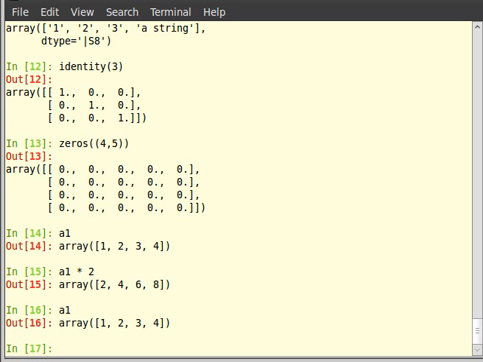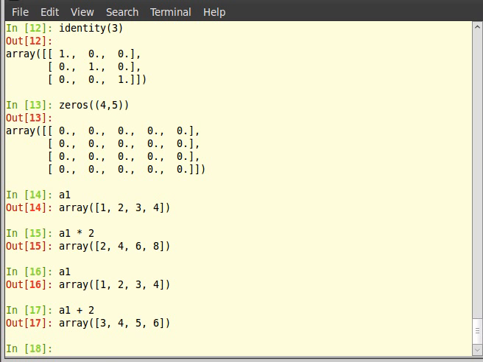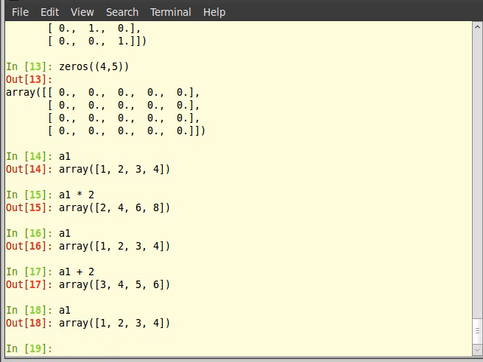Let us now move on to study functions like zeros function and ones function. For this, we will have to create a matrix. Let us see how to create an identity matrix of a given size. This is a two-dimensional array in which all the diagonal elements are ones and rest of the elements are zeros. We can create an identity matrix using the function identity. The function identity takes an integer argument which specifies the size of the desired matrix.